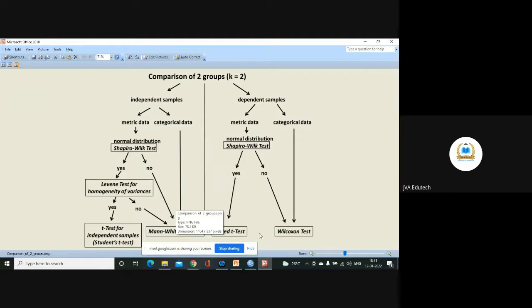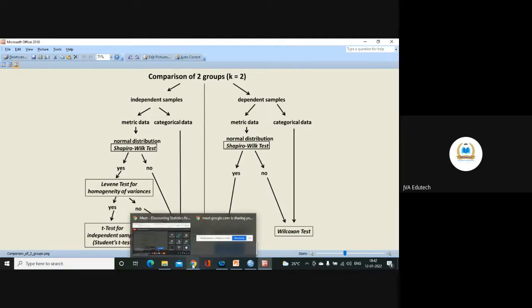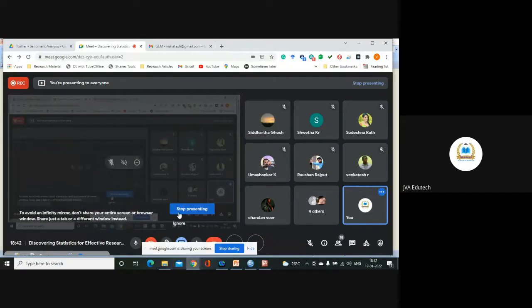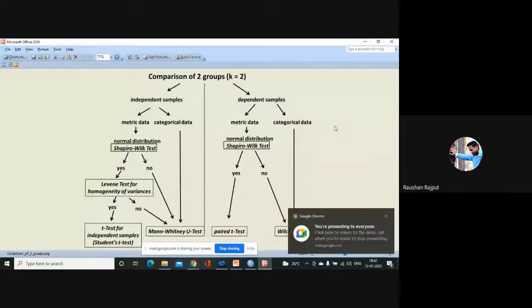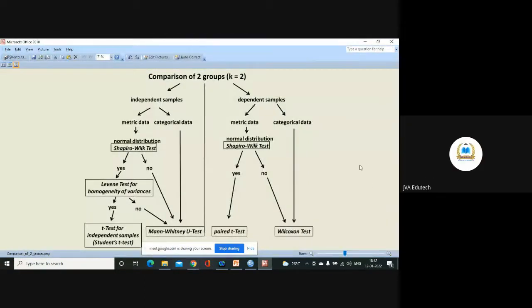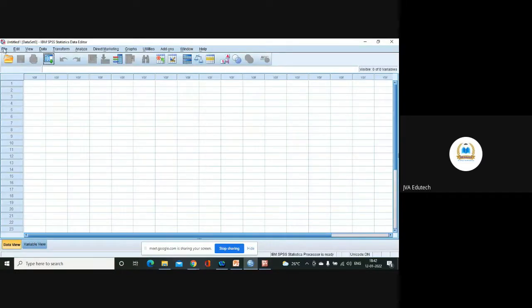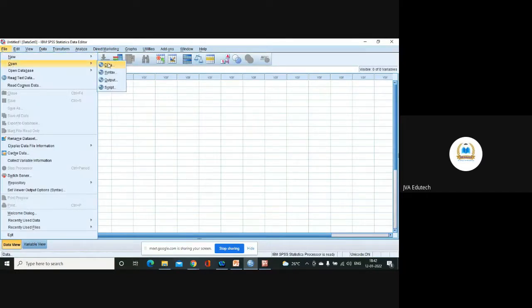How to check it? Is the concept of homogeneity of variance or homoscedasticity clear? Yes, sir. So homoscedasticity or homogeneity of variance is the same. For that, I want you to open a file which I've shared with you.